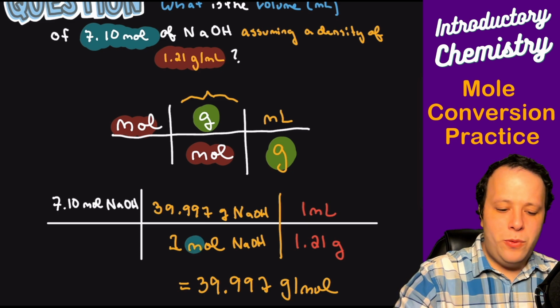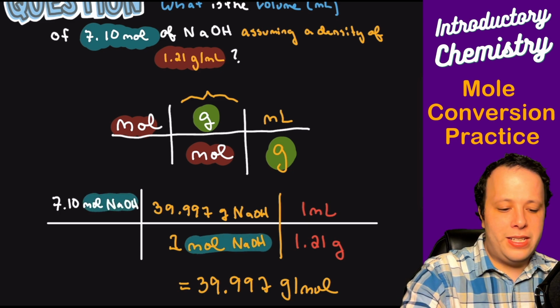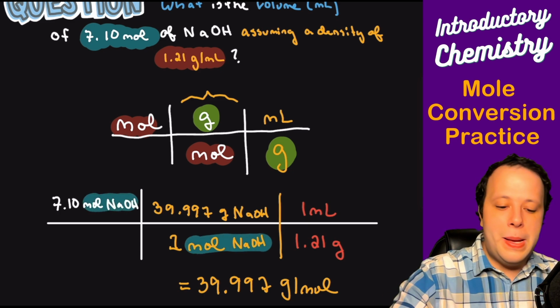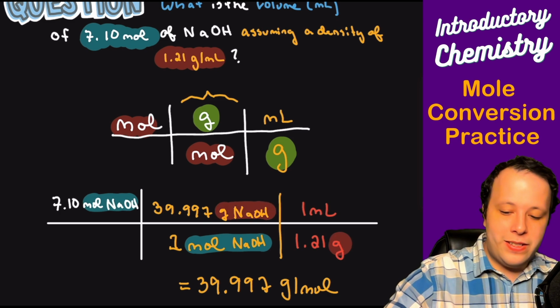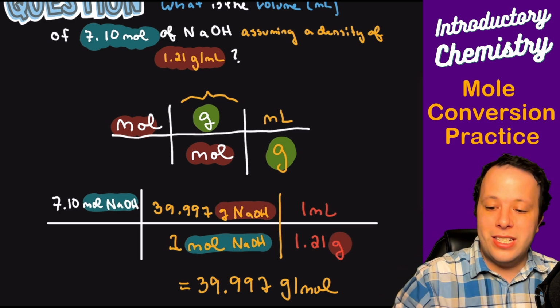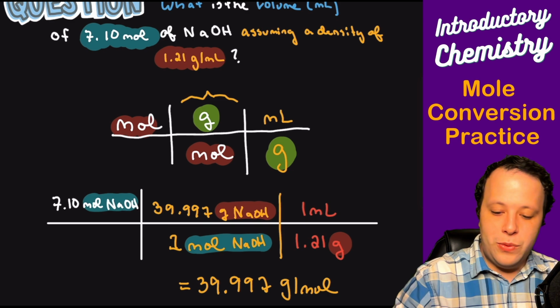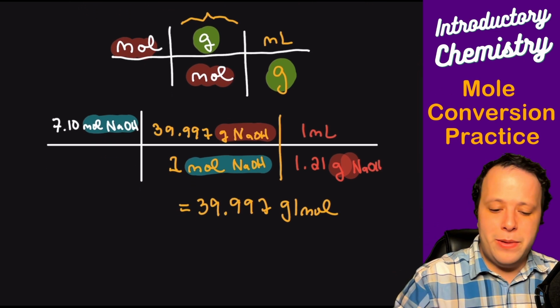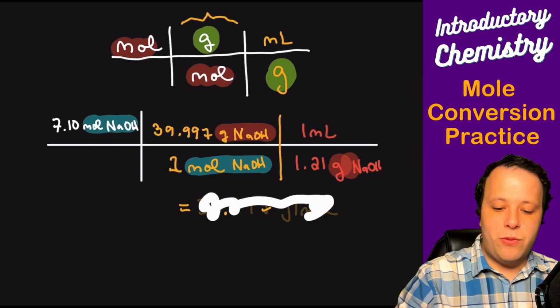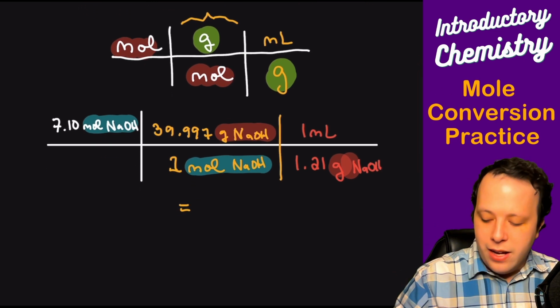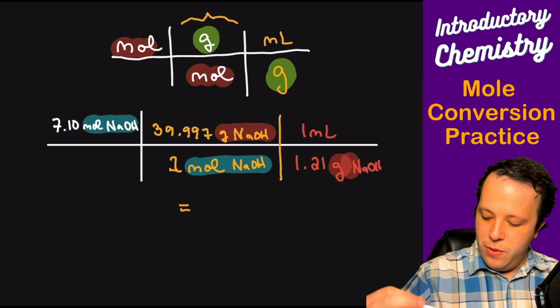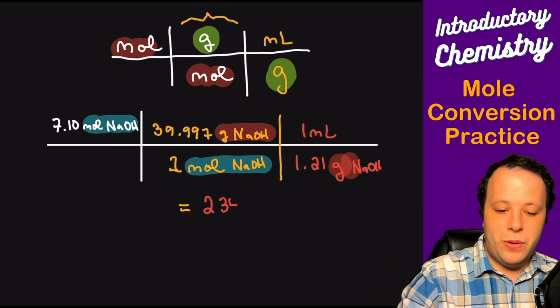So this is why we map out all of our units, because it allows us to make a plan for ourselves. And the more you do this, the easier it's going to get. So you want to try to practice it as much as you possibly can. It's something that's used throughout all of chemistry, and you want to get really, really comfortable solving for those units. Now, when we plug this into our calculators, what we will get is